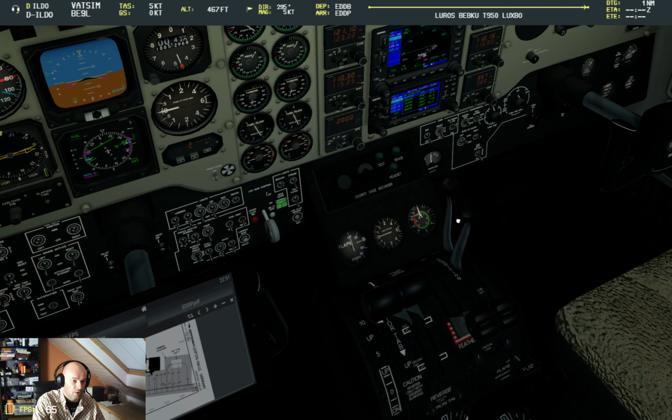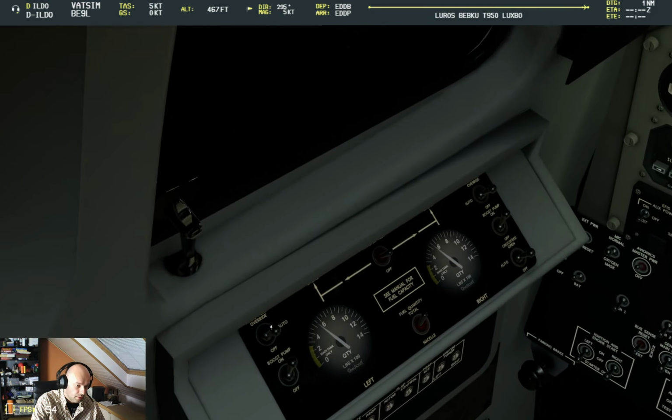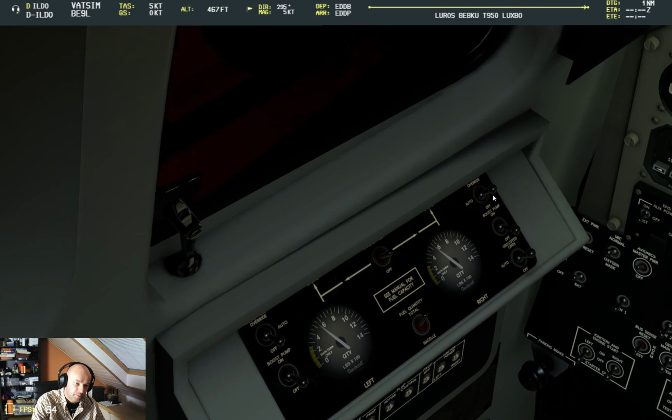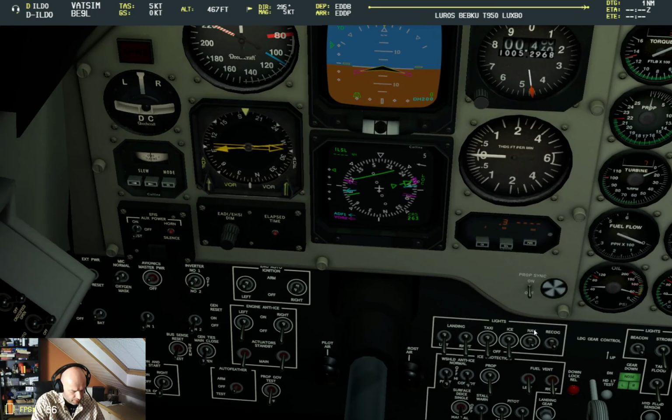And now we can go back here with the condition levers to low idle. We go to low idle, and then we go off, cut off, cut off. Then maybe we should switch off all these bloody fuel pumps. Off, off. We can switch off the beacon,